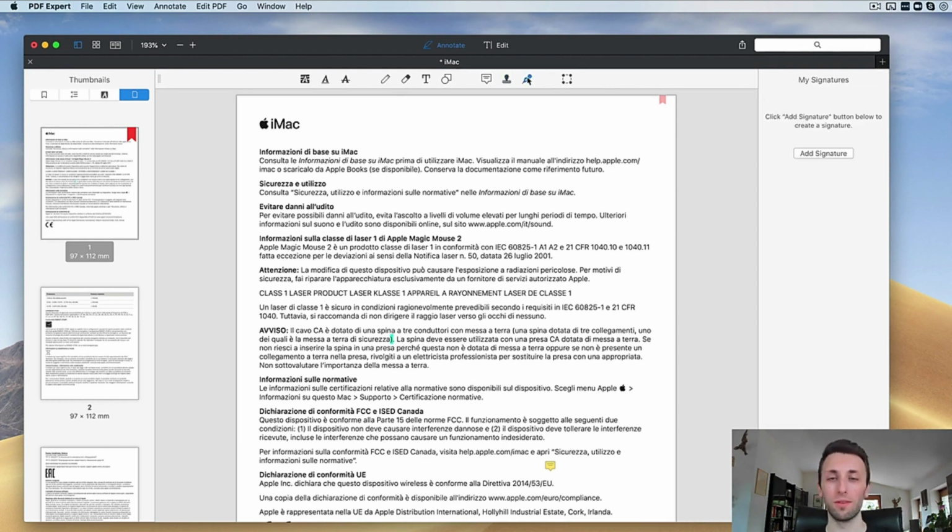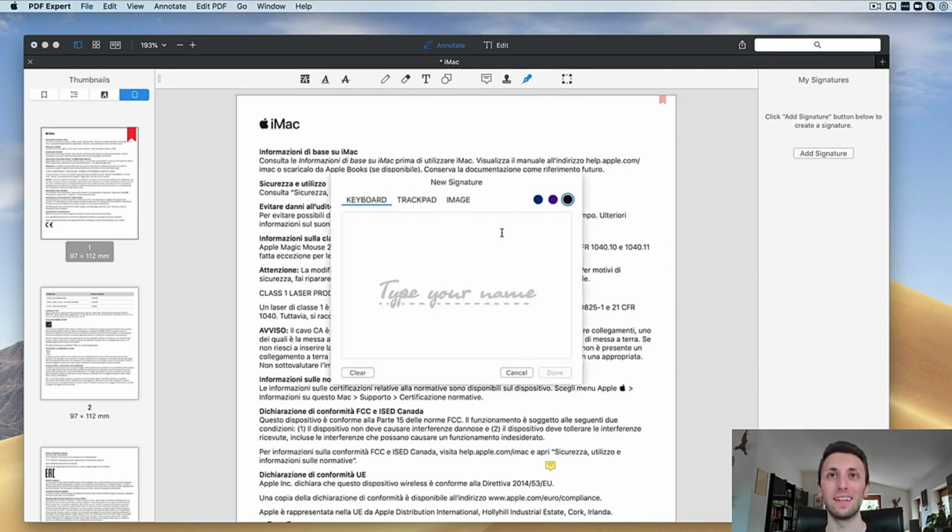And of course, with a PDF software, you cannot miss a signature area. So you can also add a signature. Now there's a few ways you can do that, and PDF Expert enables you to do it. The first one is to just type your name, and you're going to have a sort of digital type which emulates a signature. You can also change the color, of course, and this is the most basic type of